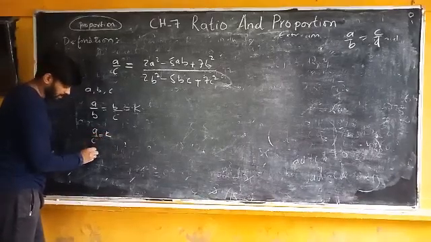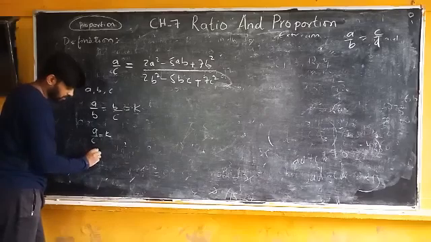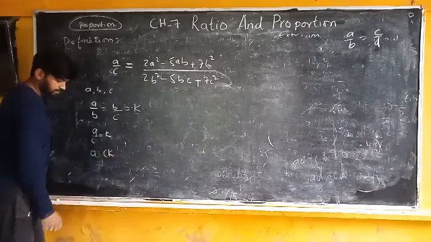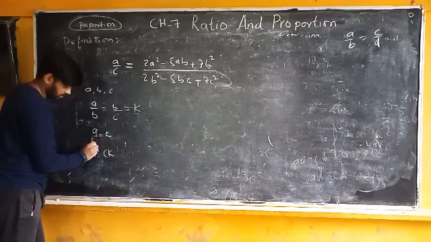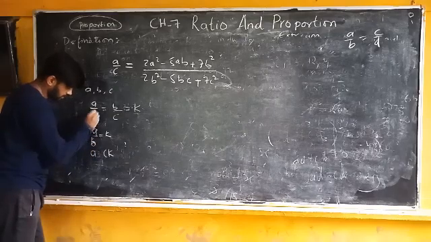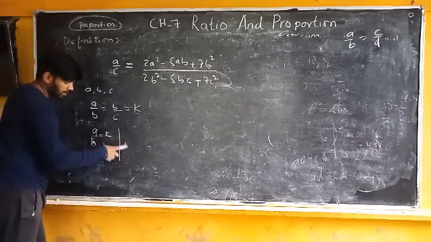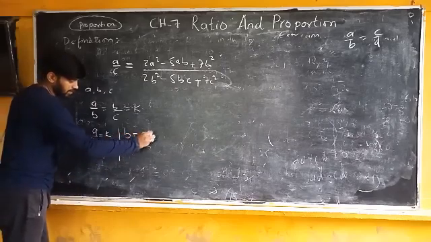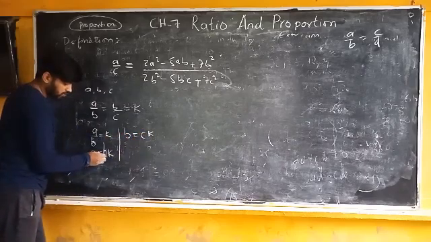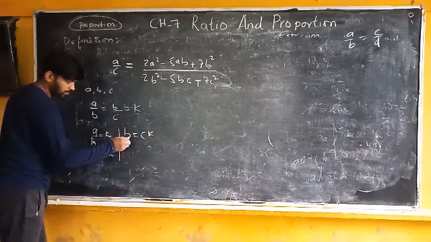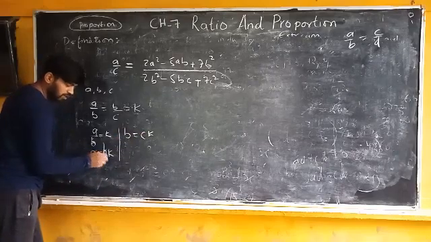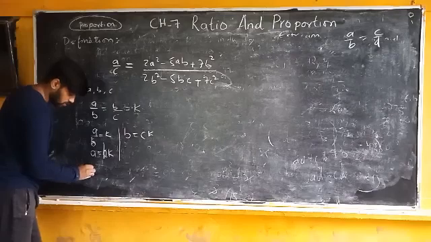ठीक है? A equals to CK. Okay, sorry, B. This I'll take A और इधर I'll take B ऐसे है. इधर पे B equals to CK. अब दोनों की वैल्यू A equals to BK and B equals to CK. पर मुझे A की वैल्यू भी C के टर्म्स में ढूंढनी है. तो कैसे ढूंढूंगा? A equals to यहाँ पे B की वैल्यू डाल दूंगा.